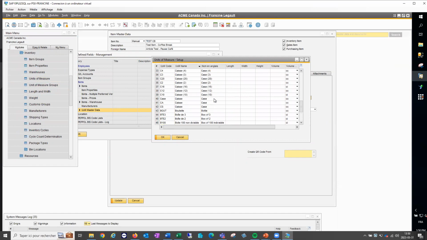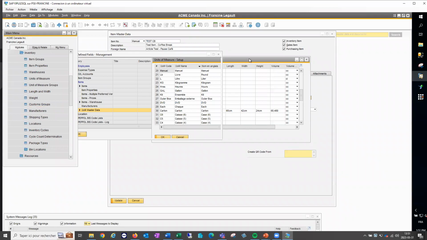It's very useful if you have marketing documents that you sell to your clients, and some are in French, some are in English, or whatever language, or any other information that you would tag with the unit of measure. You can add columns here, UDFs that can be filled with any information that you would like. And it's very useful, like I said, for documents, because you can then get this field and put it in any SAP document that you want.